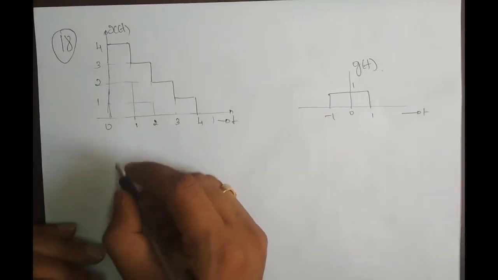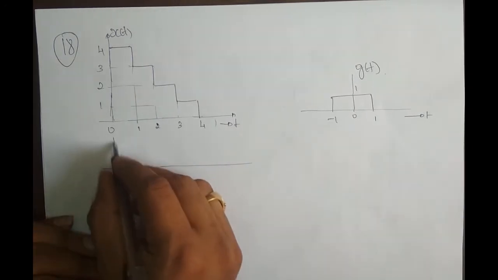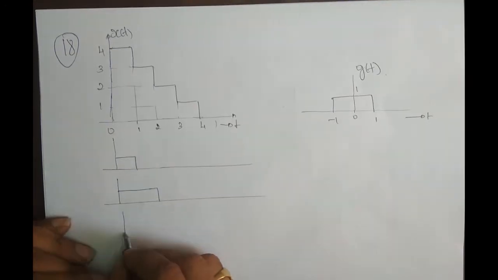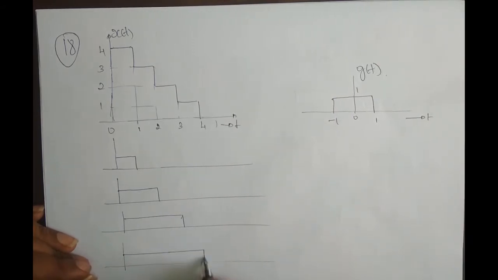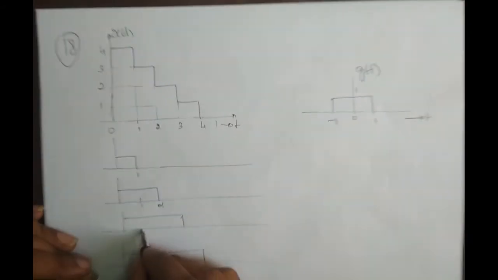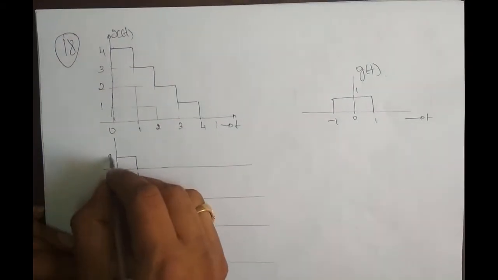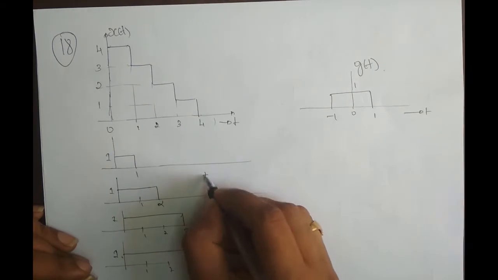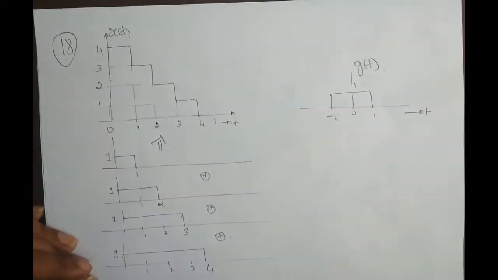Okay. Now again, this is nothing but the solution to the previous problem, but let me just plot it again. So a sum of 4 signals, right? One is at t varying from 0 to 1, the other one is at t varying from 0 to 2, the other signal is t varying from 0 to 3, and the other signal is t varying from 0 to 4. So this is 1, 2, 3, 1, 2, 3, 4. So the amplitude of these individual signals is 1, right? Now as we know, if I sum up these 4 signals, I will get x of t back, right? This we know, I am not going to plot it again.